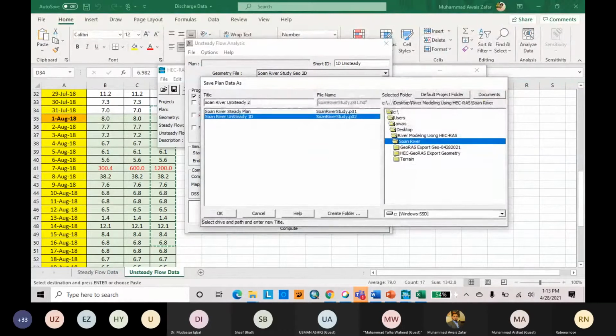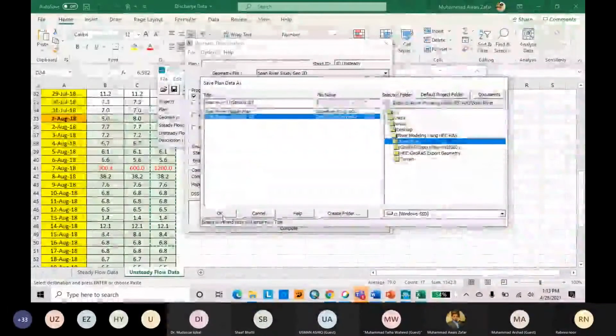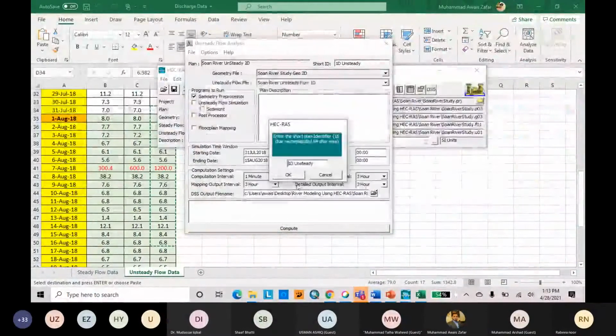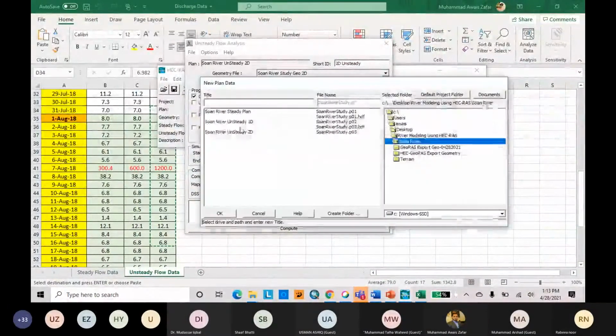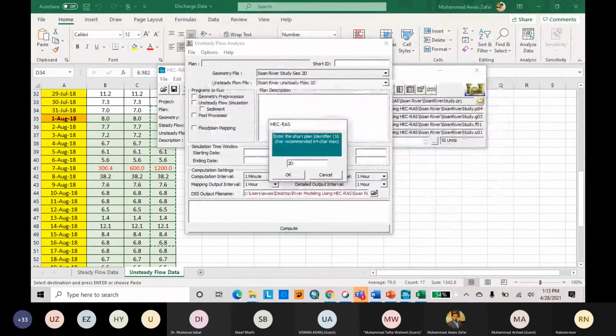Okay. Just replace my older data. Okay. Preprocessor, geometry processor, and something else.